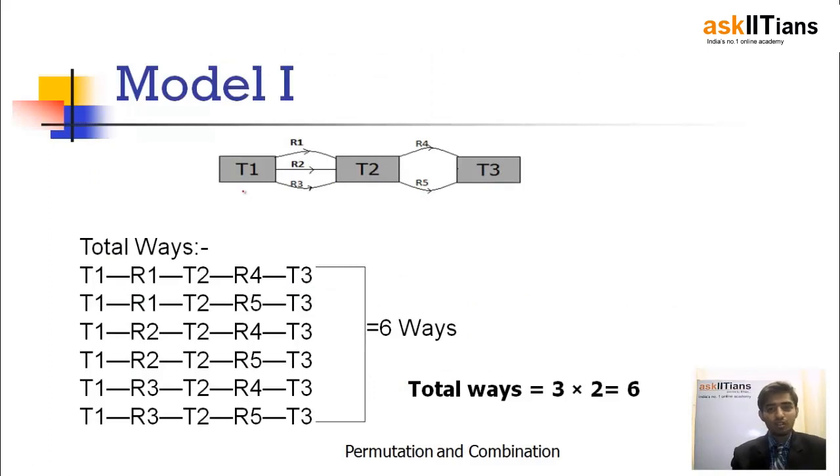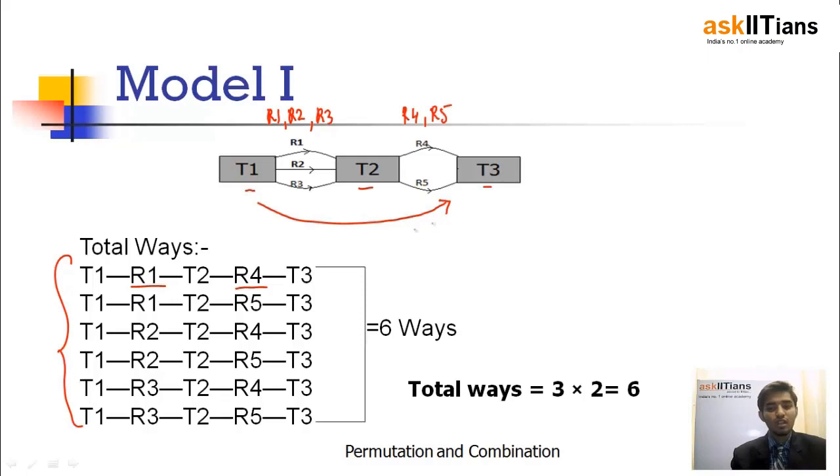So let's see this through a different example. Suppose let's consider this model. Here T1, T2, T3 are three towns, town 1, town 2 and town 3, and there are three routes that are possible from town 1 to town 2, that is R1, R2 and R3, and again there are two routes which are possible from T2 to T3, that are R4 and R5. Now if I want to go from town 1 to town 3, then what are the possible number of ways? Either I can take R1 between T1 and T2, and I can take R4 between T2 and T3. In similar way there are six possible number of ways in which I can go from T1